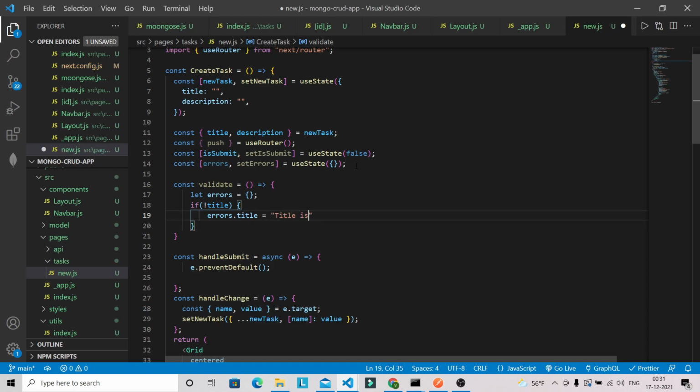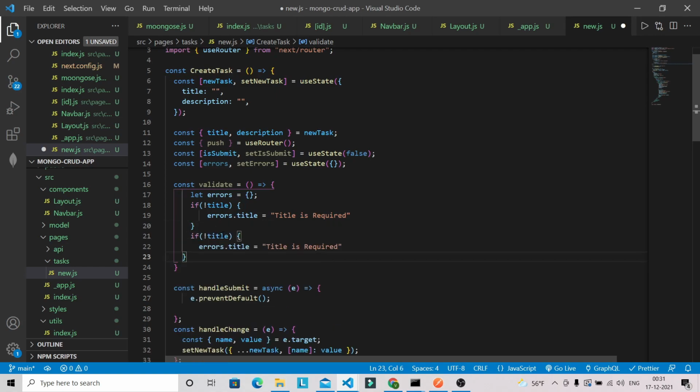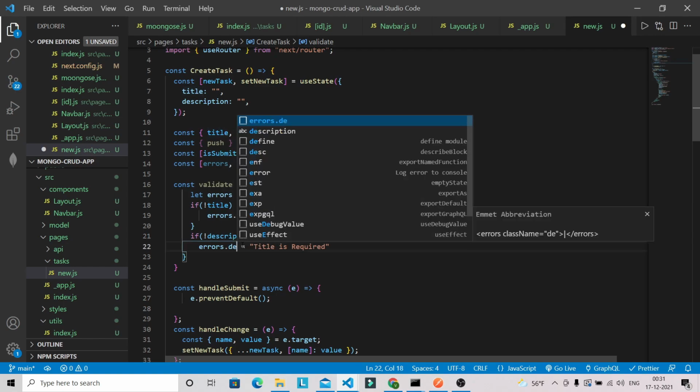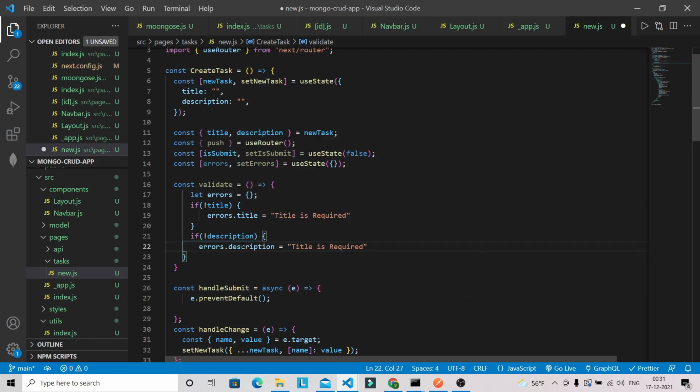We can give something like this message whenever the user submits the form with an empty title, and the same thing goes for the description as well. So I'm just going to copy this one and paste here, and this will be the description.